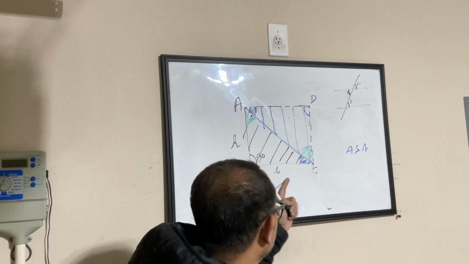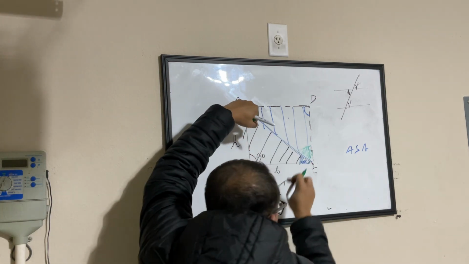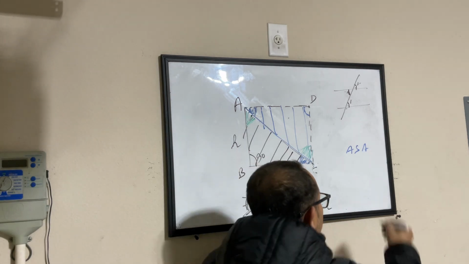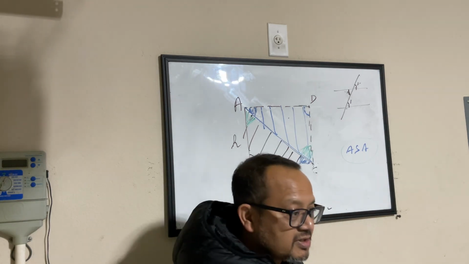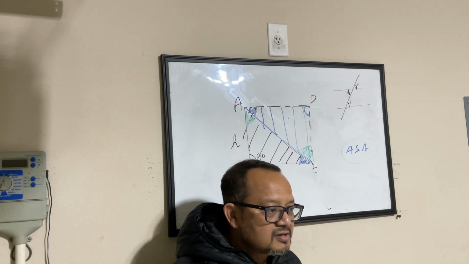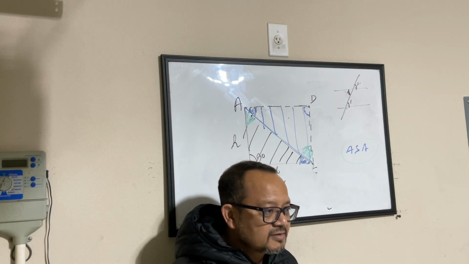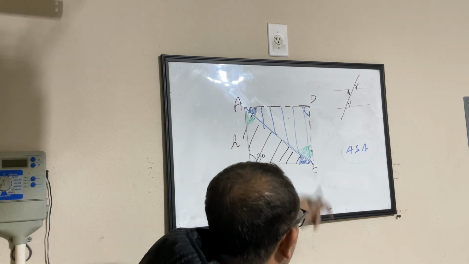So what I see here is, I have two angles matching, and the side between them being common. So I can apply ASA and say this triangle and this triangle are congruent. Yeah? Okay. So now when I say that these two triangles are congruent,